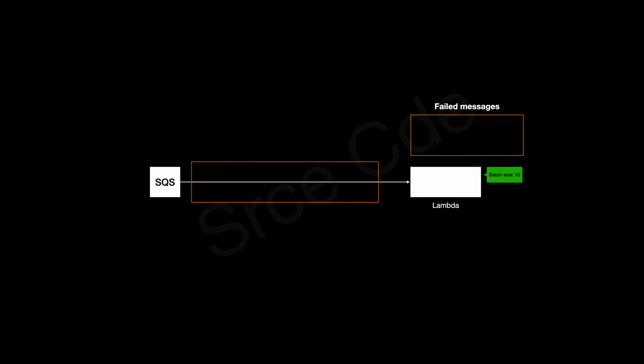Now let's quickly have a look at how the partial batch response failure feature works. Let's say we have 5 messages in the SQS queue and Lambda got triggered with the first batch with 2 records. Here, let's say processing of message A is successful, and here we have an issue with message B. So what we will do is record the message ID of message B,